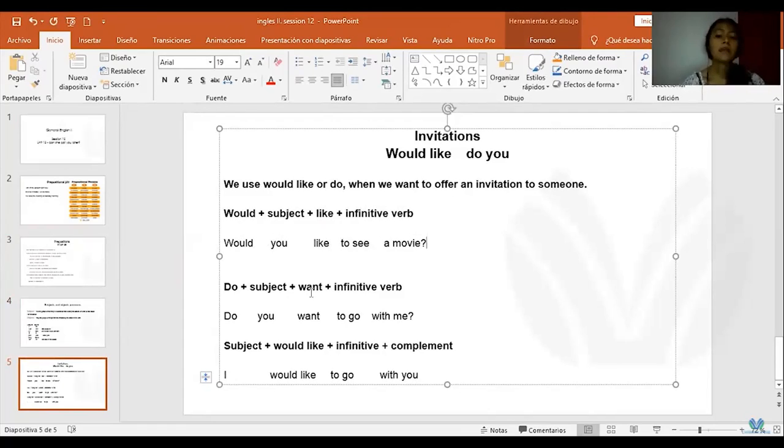Now we have do. The structure for using do for invitations is do plus subject, then we have want, plus the same infinitive verb. For example, do you want to go with me? Do, then we have you, the subject, and then we have want, and then we have another verb, which is in infinitive. Okay, thank you very much for taking this quick look at this